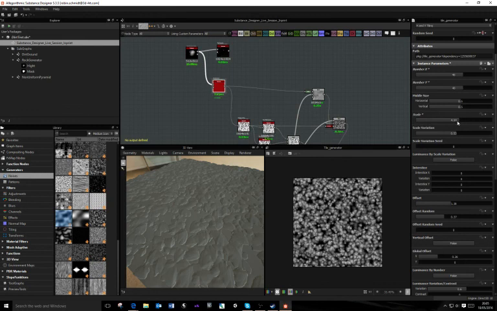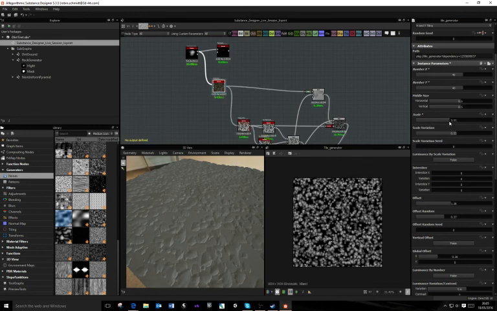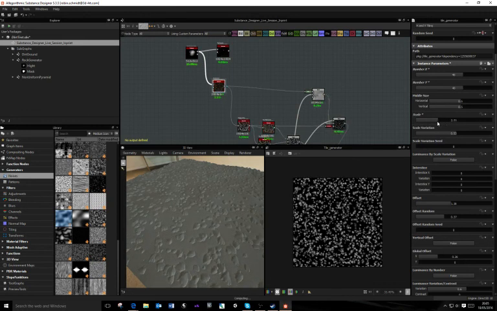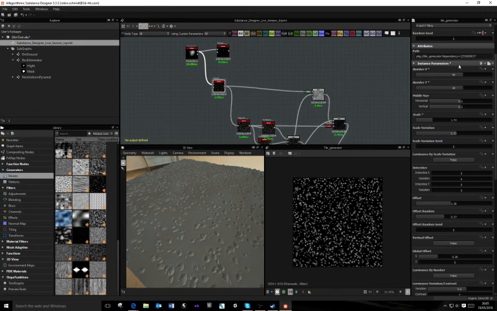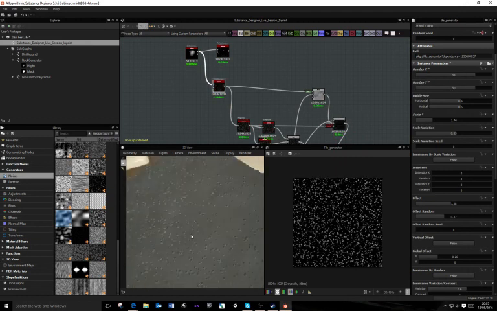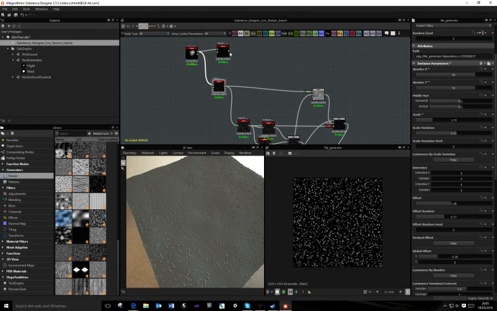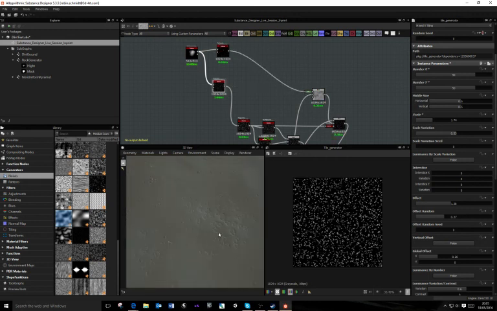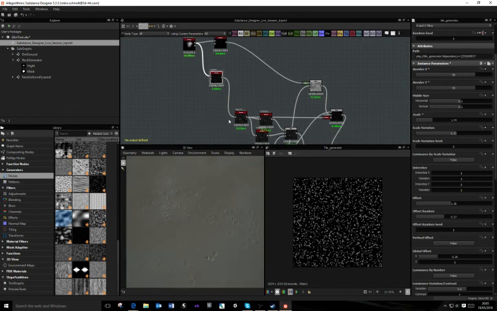Oh, that is too much. Okay, and now we have a lot of stones, a lot of rocks, printed in, but we don't want to have that. Why did I print it in now? Anyways,